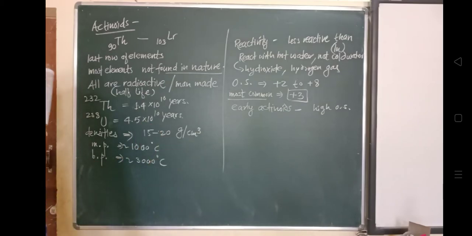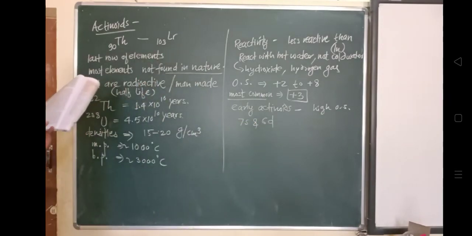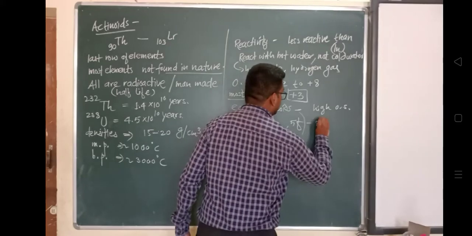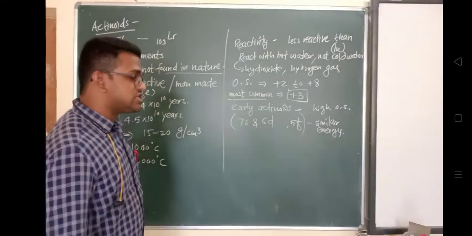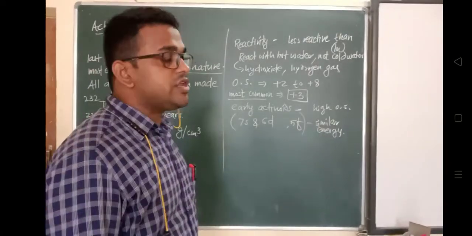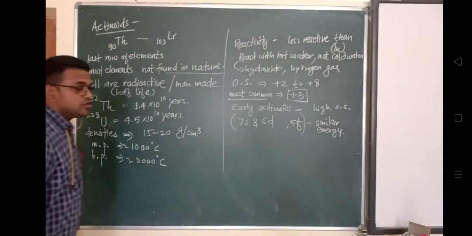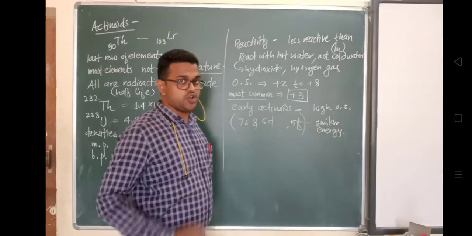As compared with the lanthanoids, these have nearly the same energy. The 7s, 6d and 5f orbitals all have similar energies, so this is important. You have to study the electronic configuration of these actinoids, where you will understand that there is a 7s orbital, 6d orbital, and a 5f orbital. The electronic configuration of these actinoids is represented with the help of the noble gas radon, because radon is the noble gas element preceding these actinoids.